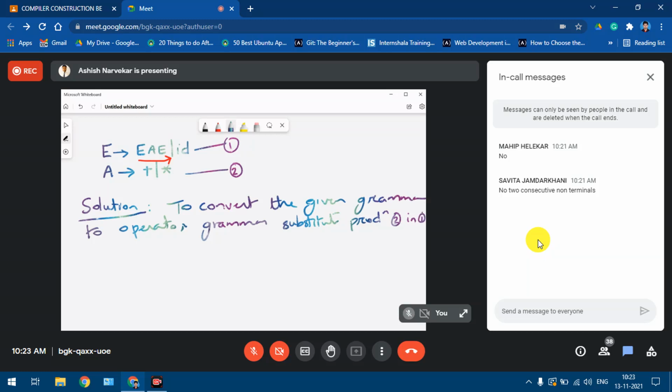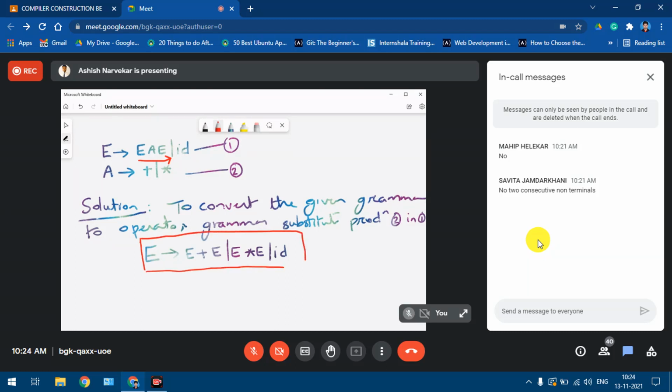So when we do this, what we will get is E gives, instead of A we have to substitute plus, so E plus E. Then A has one more value, that is star, so or E star E. So that is all, only two were there, or ID. So now what we get over here is our operator grammar.